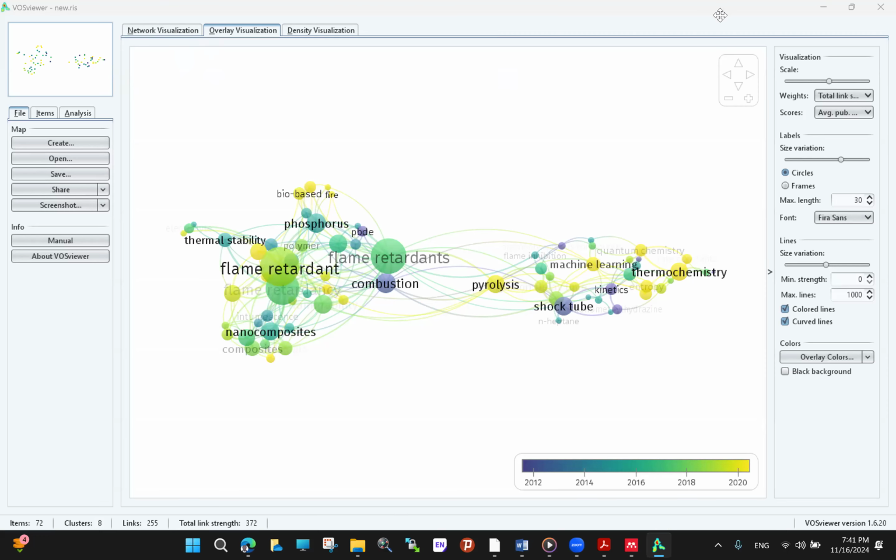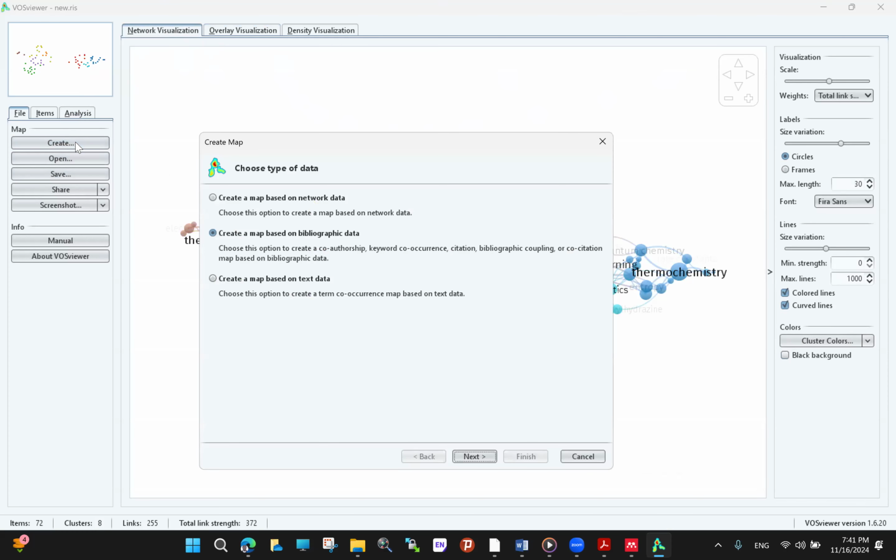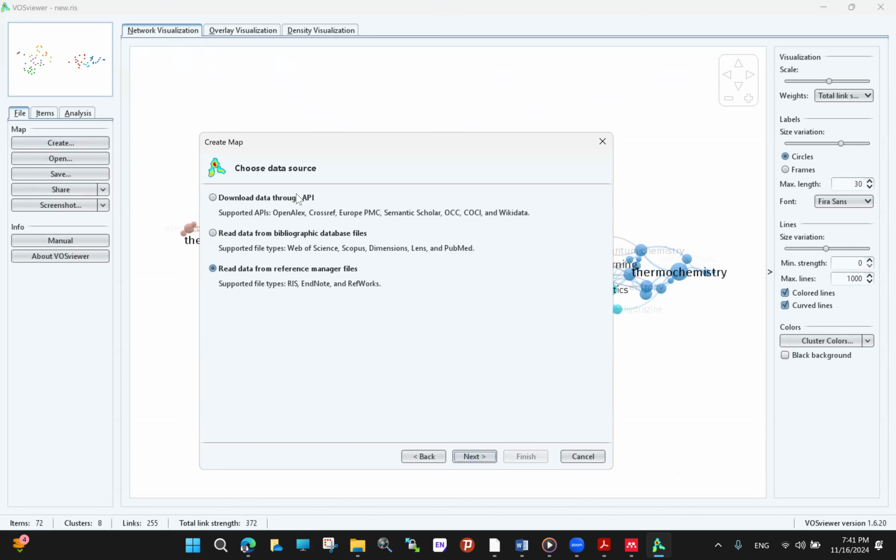All right, so I'll just run quickly over again, just in case you didn't hear me. And then I think that should sink in. Okay, so you go to create, choose the second option, which is from bibliographic data. Then you go to next. The first option, not really important. You can use the second or third option, right? The second meaning that you went to Web of Science and then you exported the information from there. Okay, but the third option, which is what most of us should usually do, is you have your reference manager